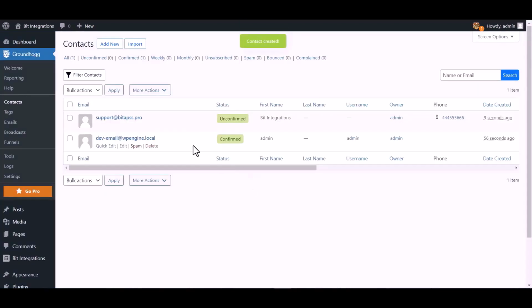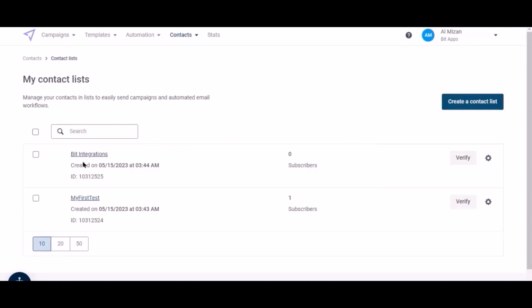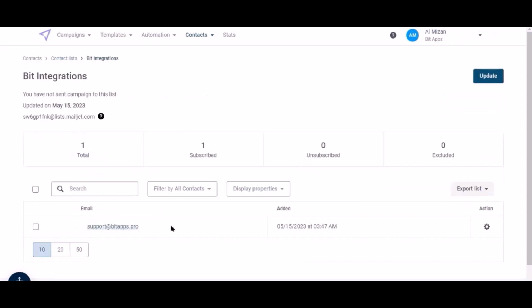Contact created successfully. Now navigate Mailjet page and select the list. Here is the data that came into